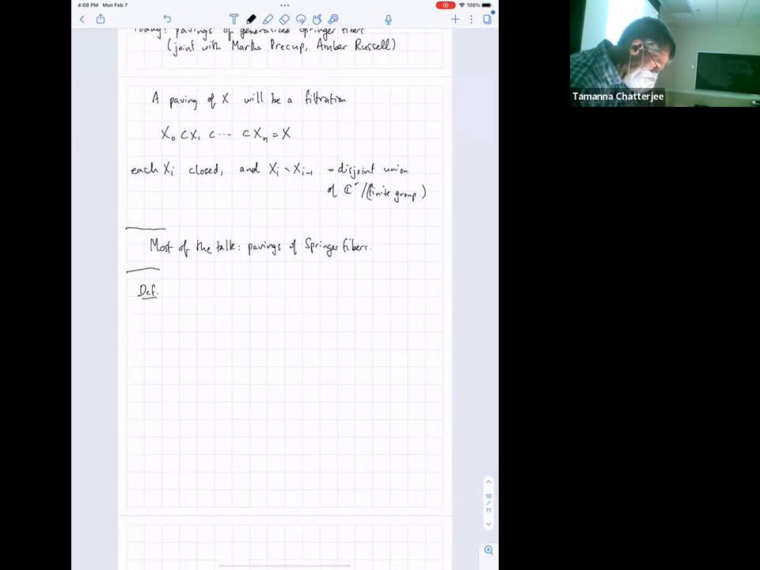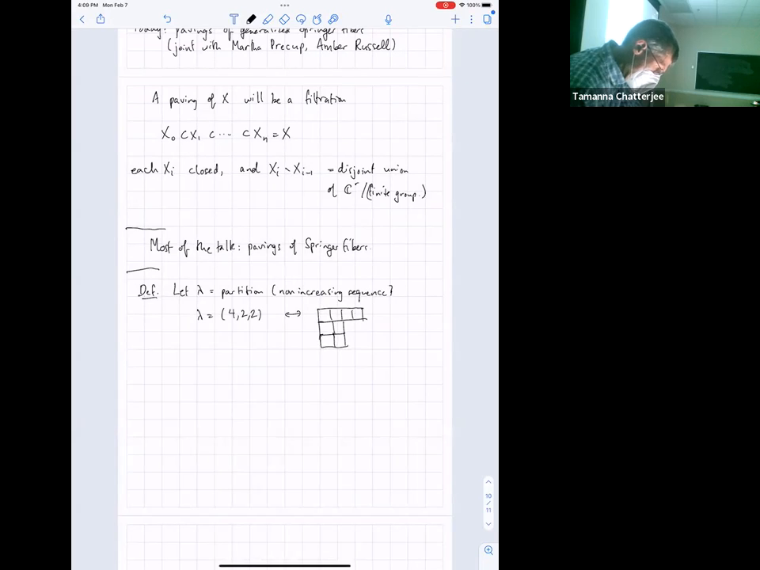But let me just make a definition. So let lambda be a partition. What that means is a non-increasing sequence of integers. You can think of this as being like the Jordan form. So for example, lambda equaling 4, 2, 2. And this, of course, corresponds, as I think most people are familiar with, to a Young diagram that looks like this. And then a standard tableau,